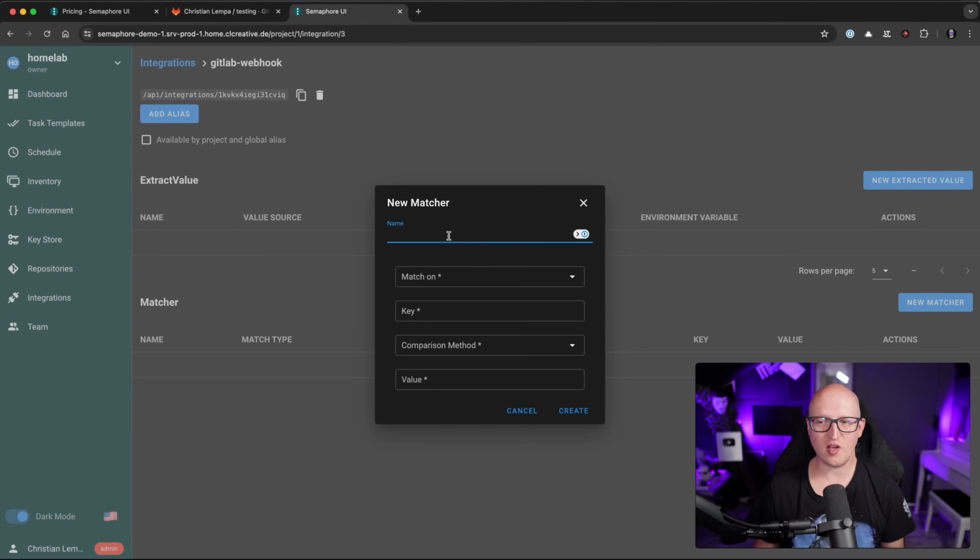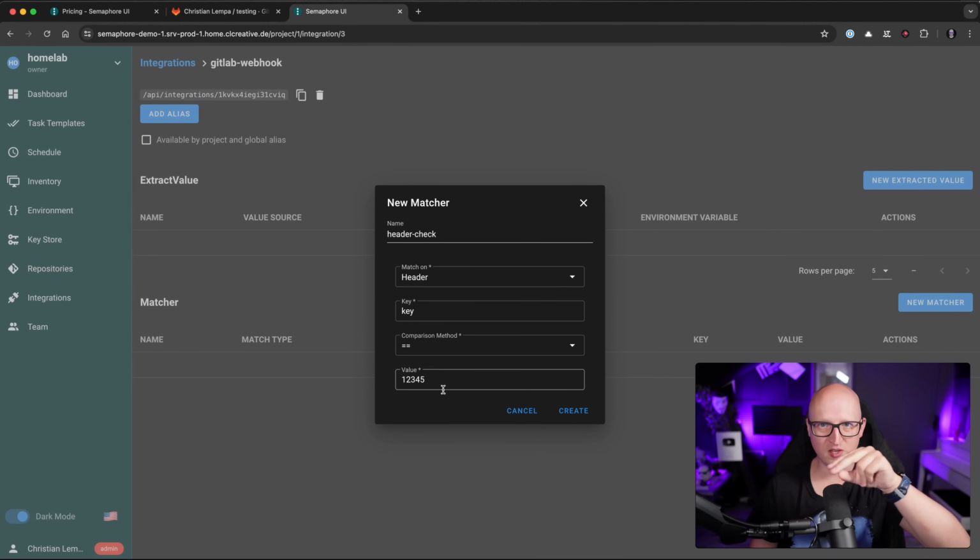This is also pretty interesting. It gives you some flexibility in terms of querying or extracting values from this web request to do certain things, like, for example, we can implement a simple header check so that we check the header if a key exists and if the key, for example, is equal to a secret value. So we could use just 1, 2, 3, 4, 5, which is not very secret, but yeah, just put any secret header key